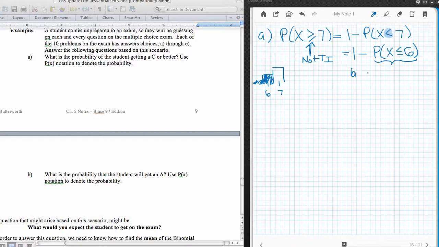So this is binomial CDF, and then we have our 10 trials, and then we have a probability of success of 1/5 or 0.2, and then we have a 6. Now remember, don't forget that this has to be a CDF. So this is 1 minus, and I'm going to do my CDF function, and I have 10, comma, 0.2, comma, 6, and then I get this value here,